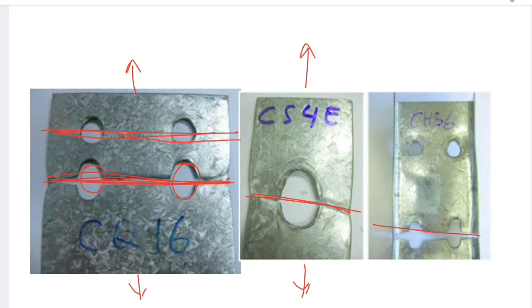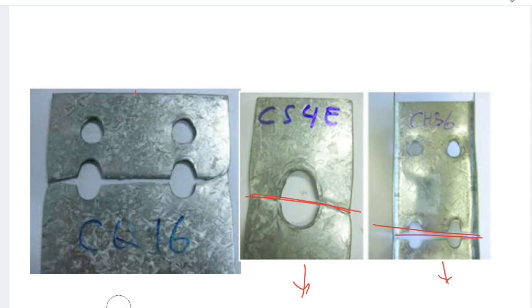Here is another representation, when you apply a force. When you apply force, the failure may occur in this position. These are the tensile forces which are applied on the member. When you apply tensile forces, obviously the second type of failure pattern you can see here. This we call the net section rupture. Whenever you apply tensile force, there is a chance of net section rupture also. So this is the second type of failure.